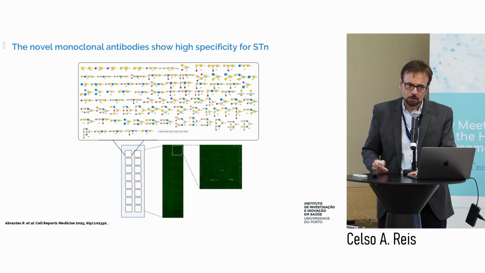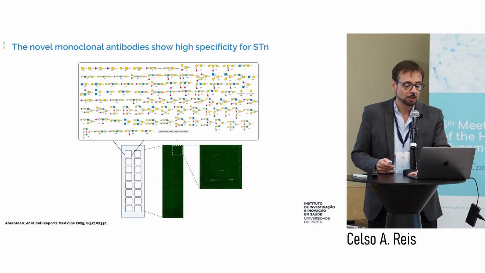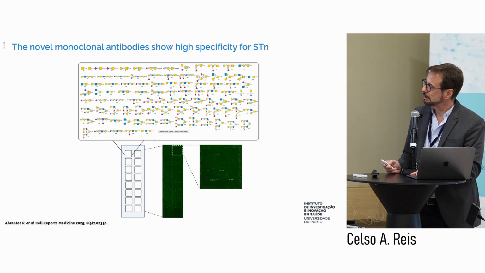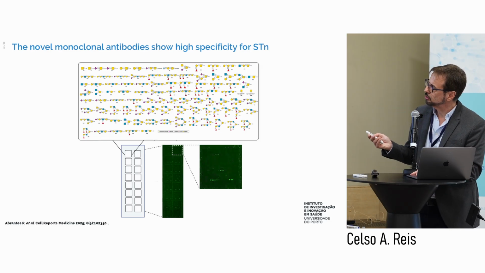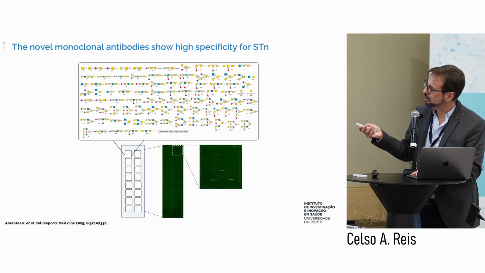So we analyzed one of the crucial steps when using therapeutic antibodies, which is to be specific to the target. And when we're dealing with glycans, we really have to make sure that you are targeting the right glycan and not presenting cross-reactivity. So we use an array of glycans, several of them containing sialylated forms and fucosylated forms.